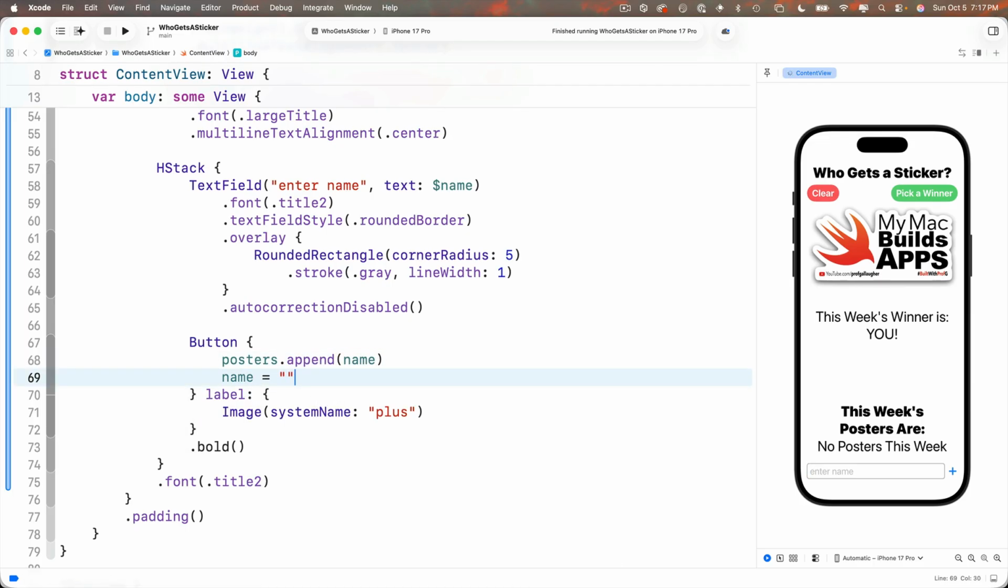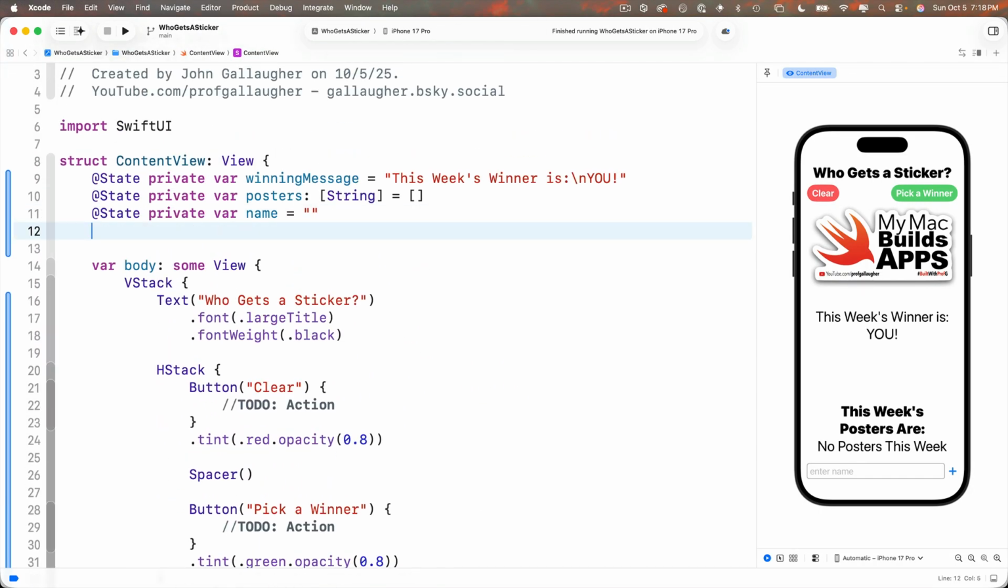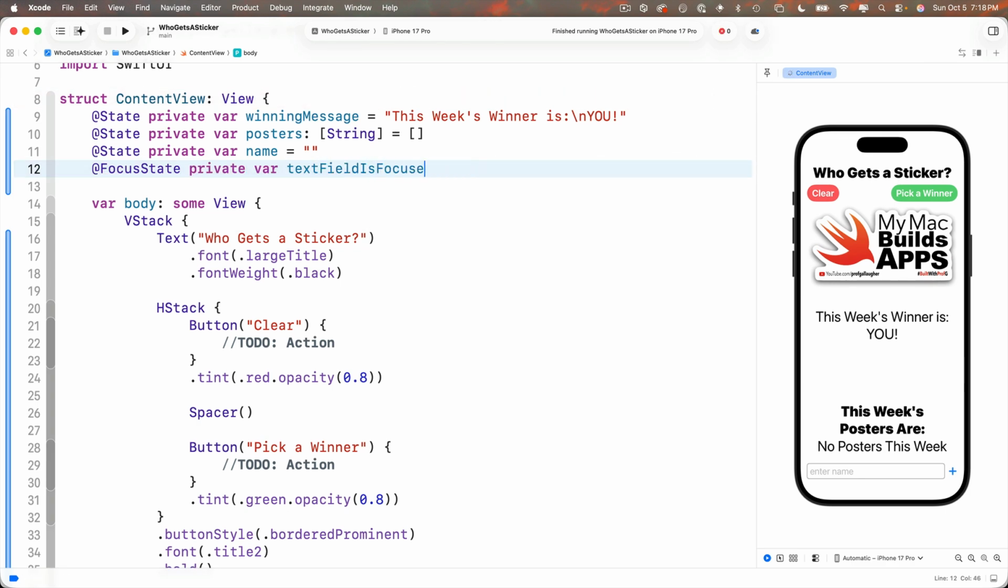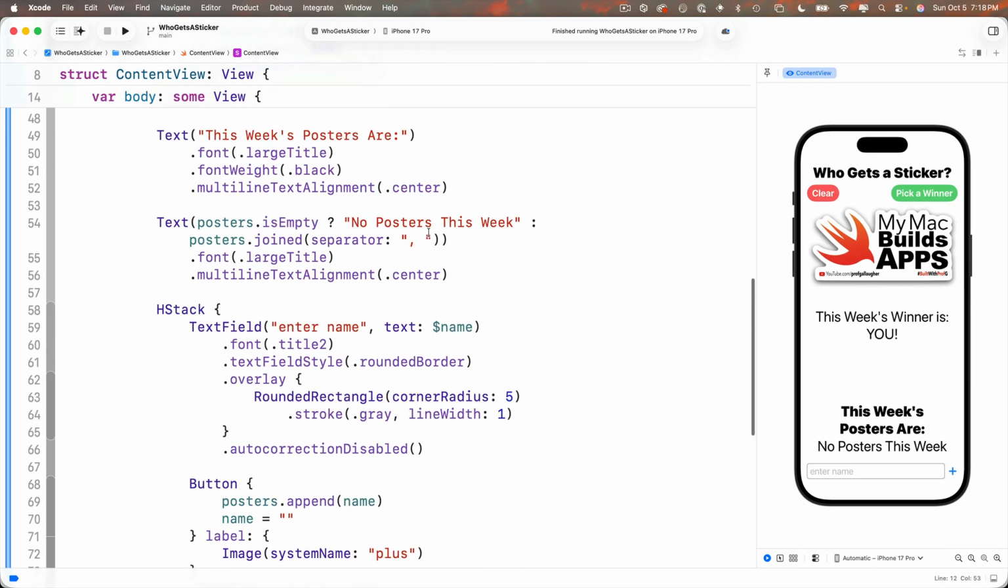And remember, to handle the keyboard, we've got to go up top and add a variable that's got this @FocusState property wrapper. This will be a private var. We'll call this textFieldIsFocused, and we only declare it, we don't initialize it. So we'll say : Bool, and that's it. We don't set it equal to anything,